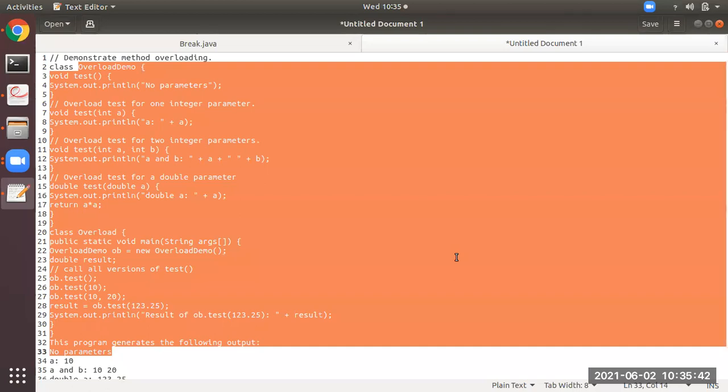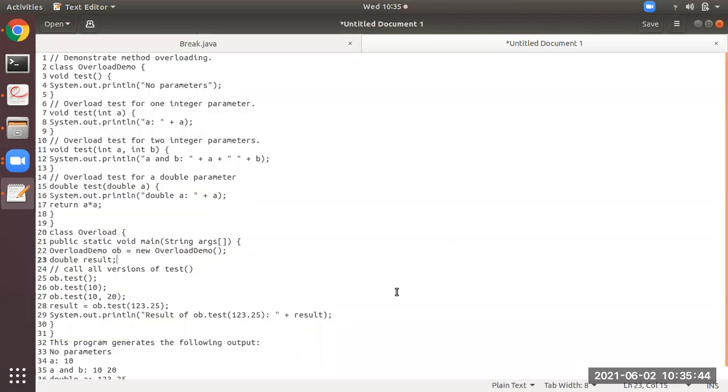Now, how will the execution be done? It's very simple. You can see in the main method, at line number 22, an object OB is created for the above class. Line number 23 is just a variable result.